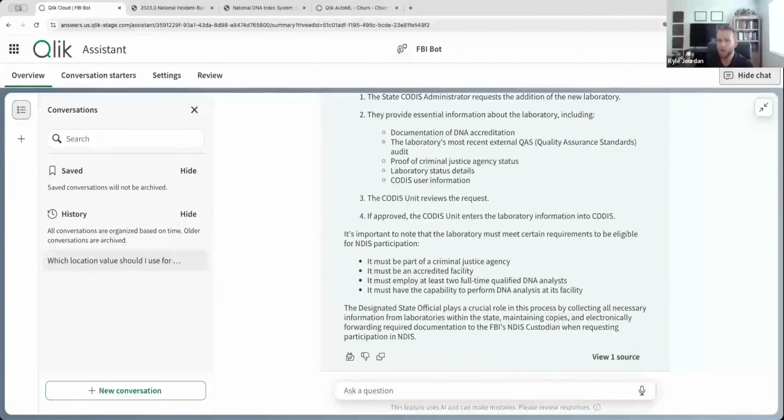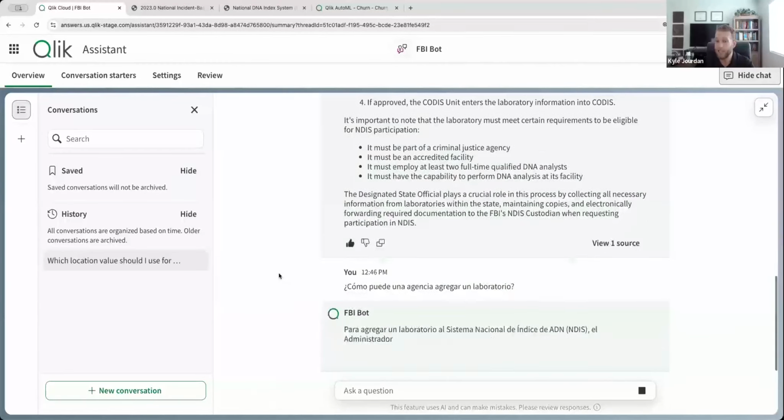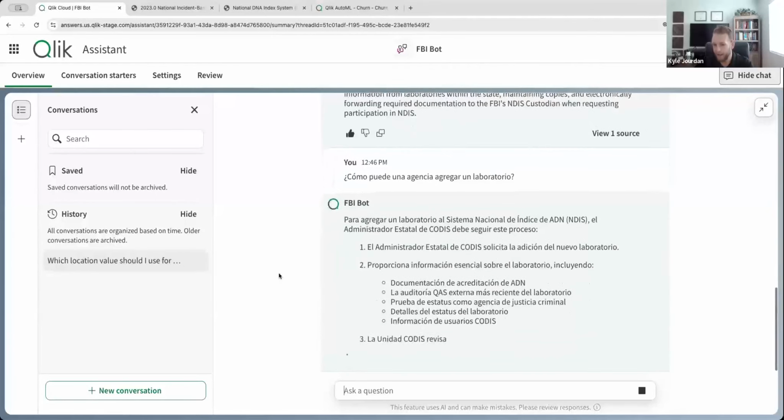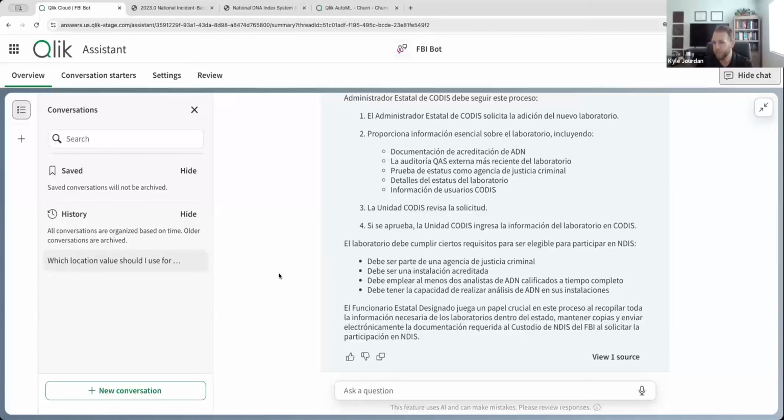The last thing I'll add with this is that one of the benefits of an LLM is that it is naturally multilingual. Because it's trained on the internet, it learns a lot of the major languages that are present on the internet. So if I ask that same question in, let's say, Spanish, even though none of the documents are written in Spanish, it is able to understand the question and then provide an answer in the original question's language, which can be a really valuable tool when it comes to trying to reach a broader audience in terms of who this information is being provided to, and who it's enabling in terms of exposing these documents and what information people might be looking for in them.